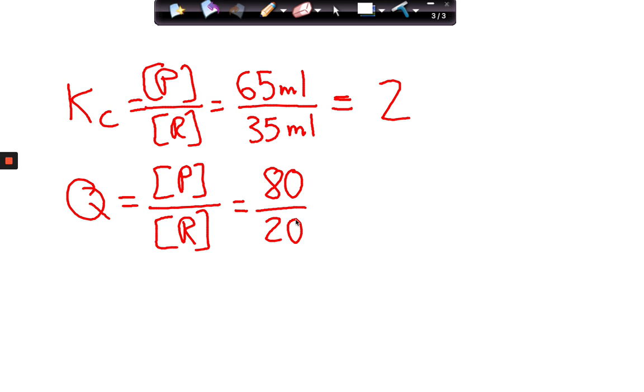You writing it down with me? This one I can do. 80 by 20 is 4, right? So guys, here's what now has happened. Q is bigger than Kc. Yes? Here's the question. When I start doing the flippy dippy,